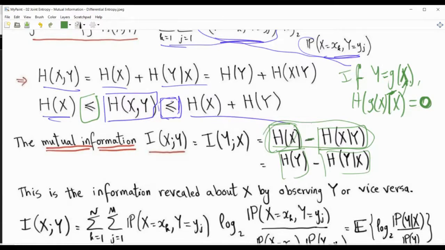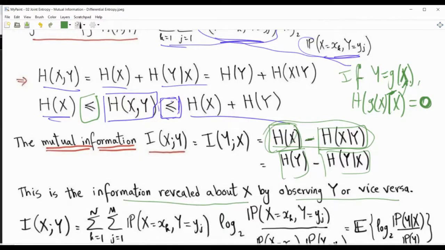The difference is the uncertainty about x removed by observing y, or the amount of information about x revealed by observing y. So mutual information, written I(X;Y), is basically the information revealed about x